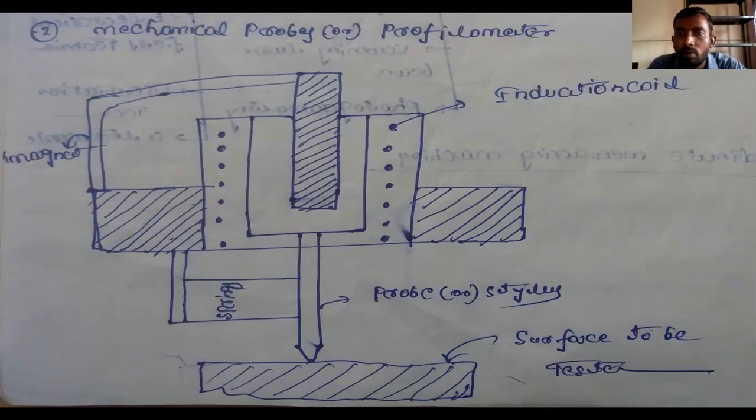Based on the requirement, that is, based on the product requirement, we choose this type of inspection method. Some parts are delicate, and when a delicate part touches the mechanical probe, we can automatically see some damage on the part. That is one of the main reasons. Why we choose this type of inspection method: in mass production, when the mechanical probe contacts the product, we cannot see any damage or any defects on the product.